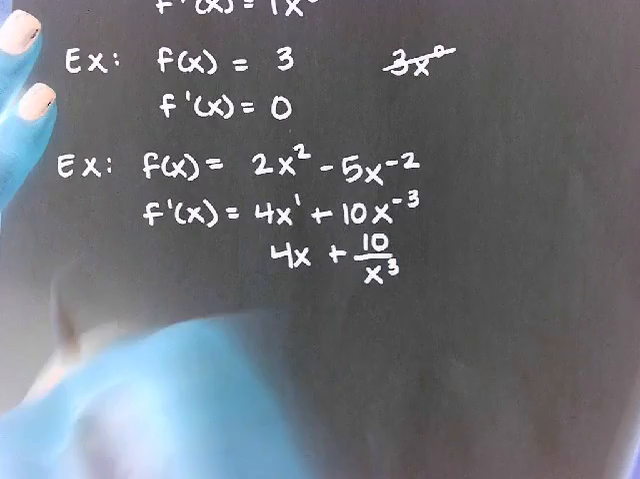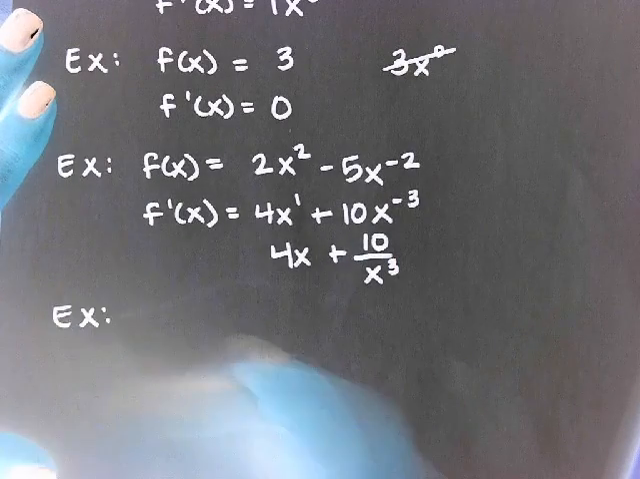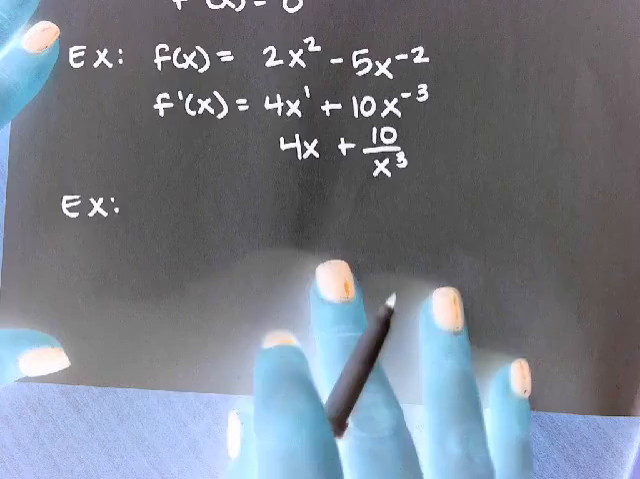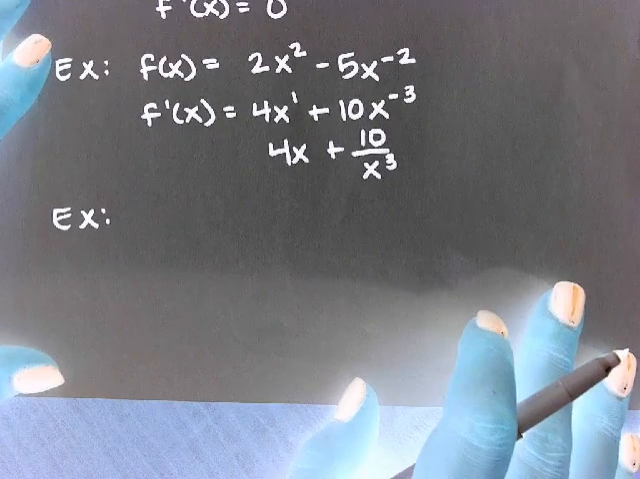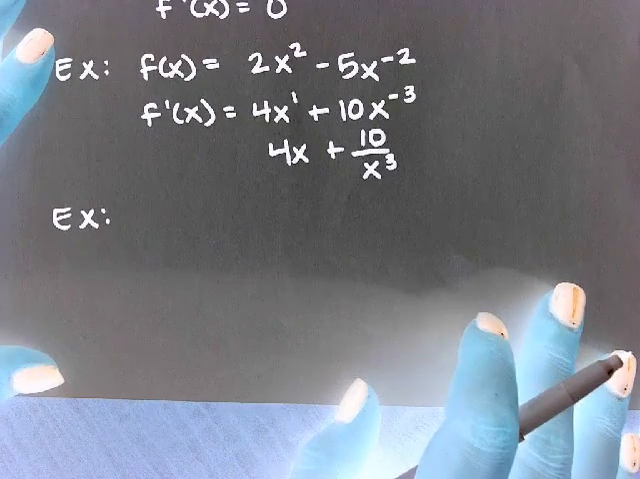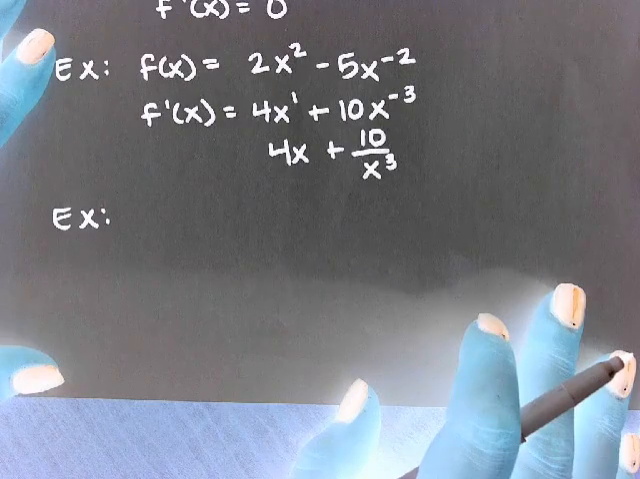All right, here's another one. How did you guys feel about the product rule and quotient rule? The product rule is easier than the quotient rule. But the quotient rule has the, yeah, it's kind of a nice little